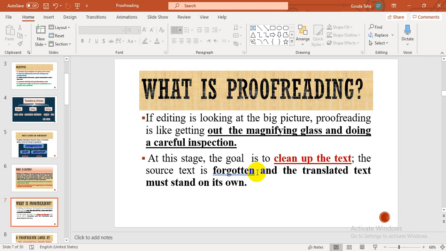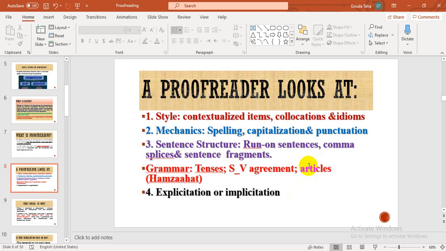So you are going to forget totally about the source text, because you have already compared the information involved in the source text with the information involved in the draft. So in your proofreading, you will try to beautify your draft. You have to make it accurate, you have to make it natural, and you have to make it communicative. So